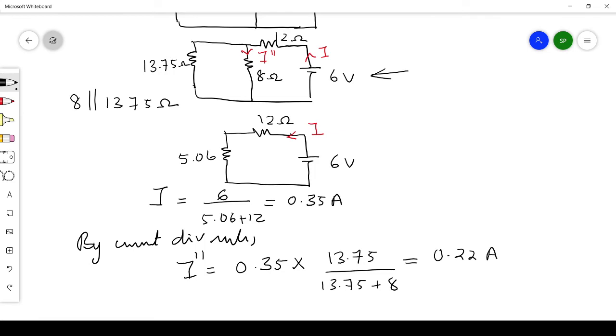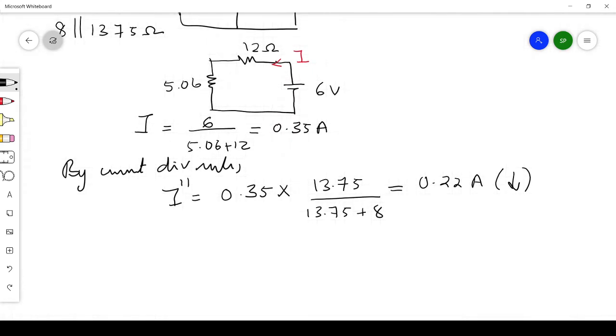Since you are getting a positive current, the assumed direction is correct. So we have assumed the current to be flowing through 8 ohm in the downward direction. Okay, so that is because direction is very important while applying the superposition theorem, because you have to take the sum or the difference depending upon the current direction for getting the final current which is passing through the 8 ohm resistor. So now the third step is by superposition theorem,